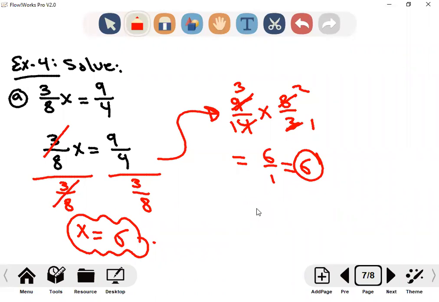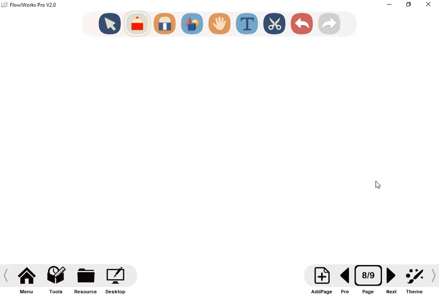Any problems? Let's move. Part B, in the same example, we have to solve 42 equal negative 14y. Part B,